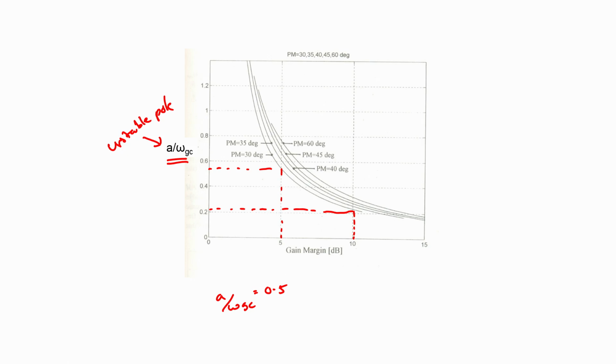when you desire a gain margin of 10 dB and a phase margin of 30 degrees will be at least 5 times A. So unlike in the case of the minimum phase plant, where there was an upper limit to the gain crossover frequency which was a small fraction of the location of the non-minimum phase 0, in case of the unstable plant there is a lower limit to the necessary gain crossover frequency in the interest of stability, which is going to be several multiples of the location of the unstable pole.